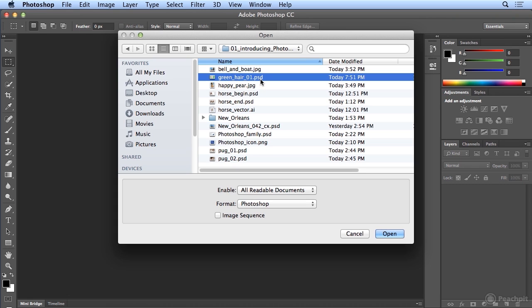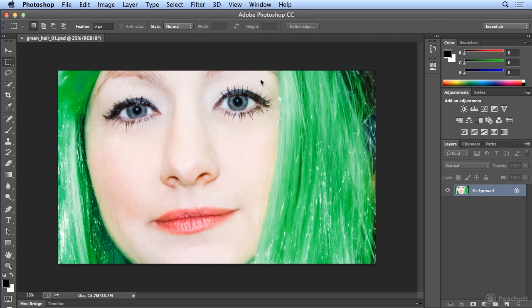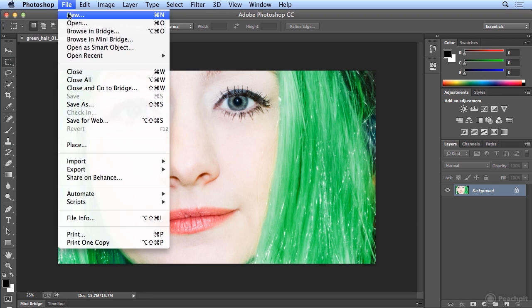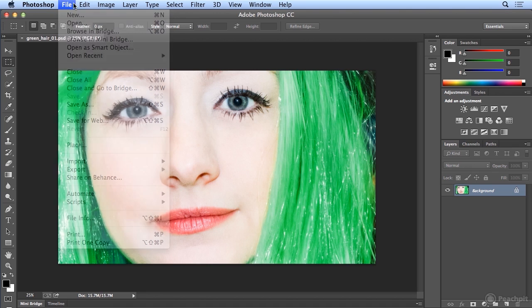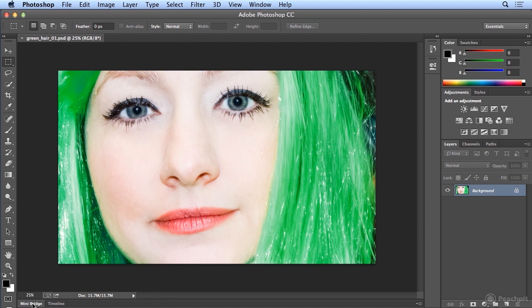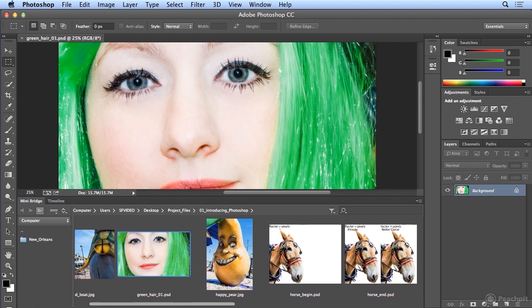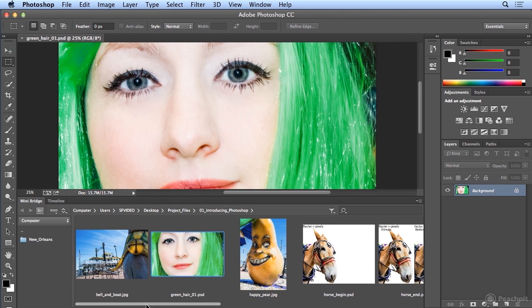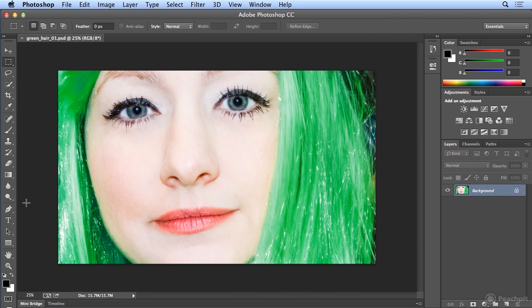But I'm going to open the PSD. So with a double click, I've opened the old-fashioned way. Now, my favorite way is to open through File, Browse in Bridge, which launches the free program that comes with Photoshop called Adobe Bridge, and I use it for all things Creative Suite. However, there is a handy little Mini Bridge right at the bottom, and in Mini Bridge I can see all of the images in a given folder and just double click to open it up. So Mini Bridge is a faster way if you're not exactly sure which one of the images you're going to work on right now, to get a good picture of what's in the folder instead of opening every one and going, this isn't the image I want.